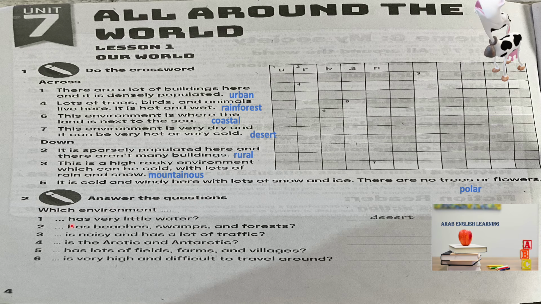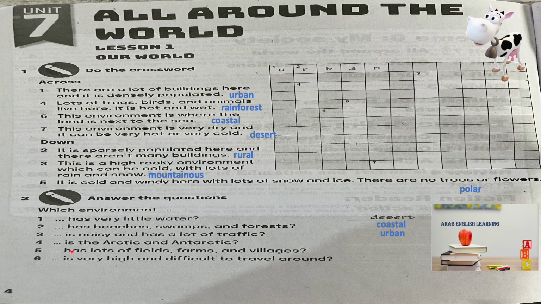Exercise 2. Answer the questions. Which environment has very little water? It's desert. Number 2. Which has beaches and swamps and forests? This is coastal. 3. Which environment is noisy and has a lot of traffic? It's urban